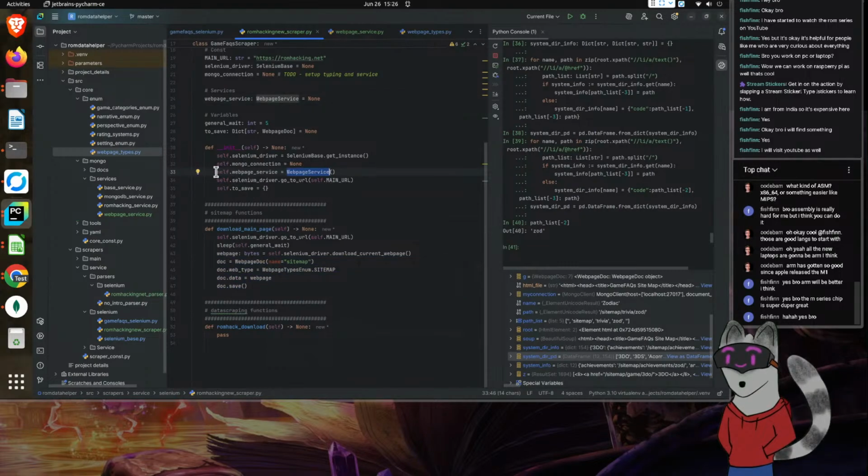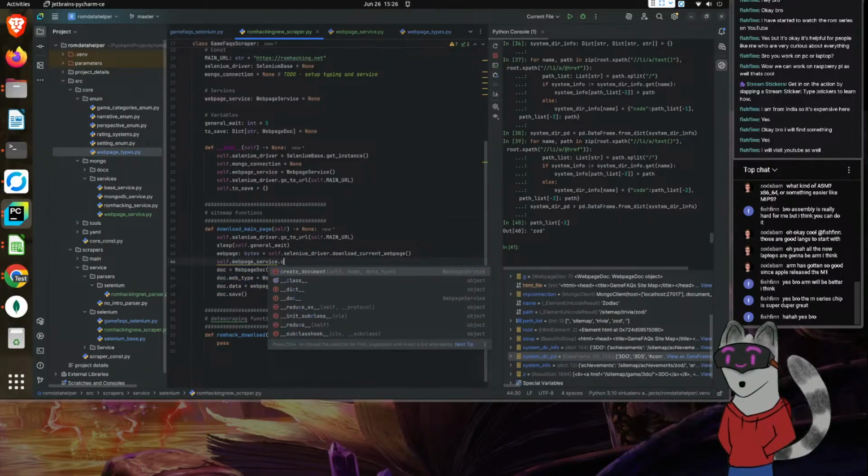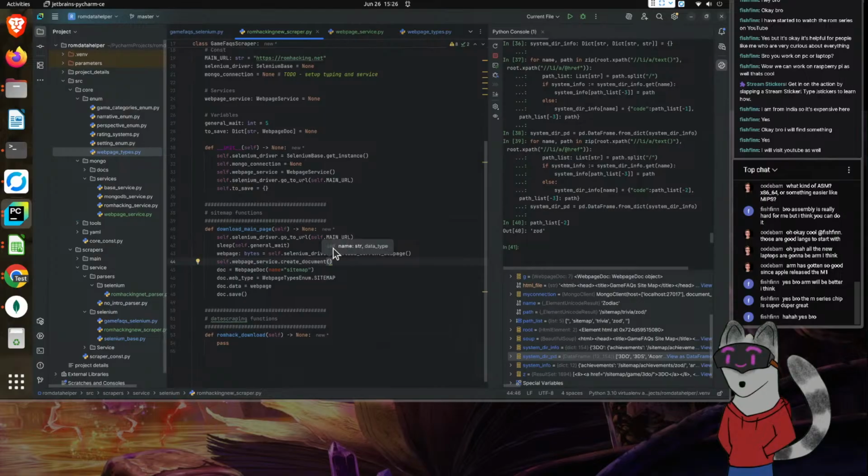So let's see here. And we can put that right here. So dot create documents, name, or I think the name we're just going to put in sitemap.